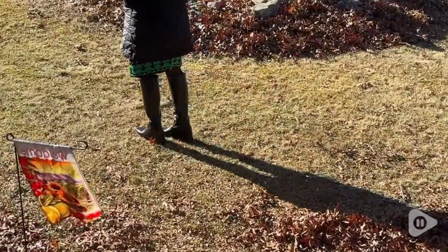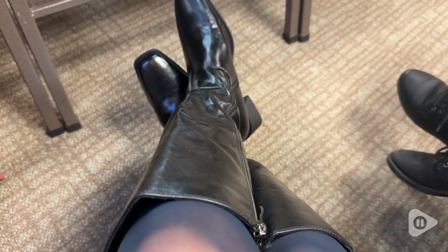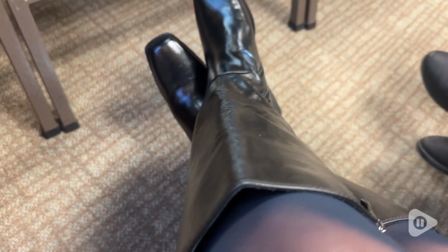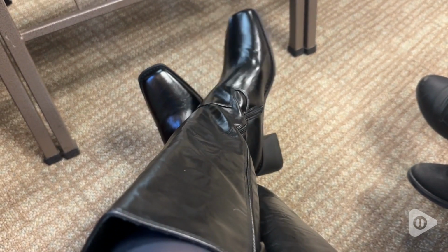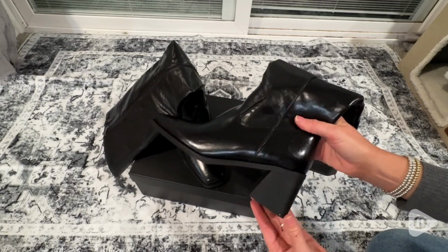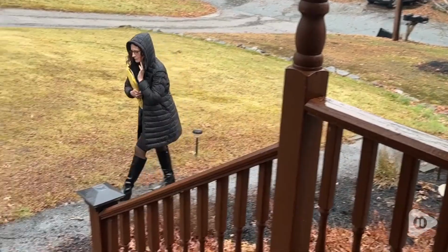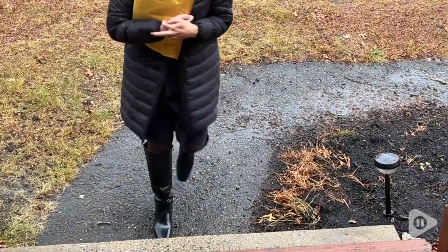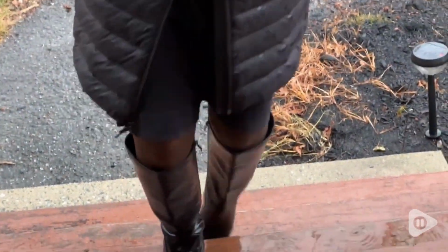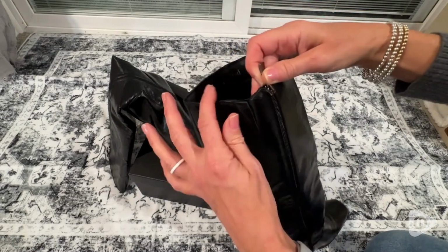The boots also are really wide around the calf area. I would say that you would have no problem thanks to this wide area at the top that really will fit over any calf. The boots are also super comfortable to walk in because they have a really thick block heel. But even though it's a block heel, you really won't sacrifice in how beautiful they are and definitely not in comfort. The boots are not lined, but they're really warm to wear,